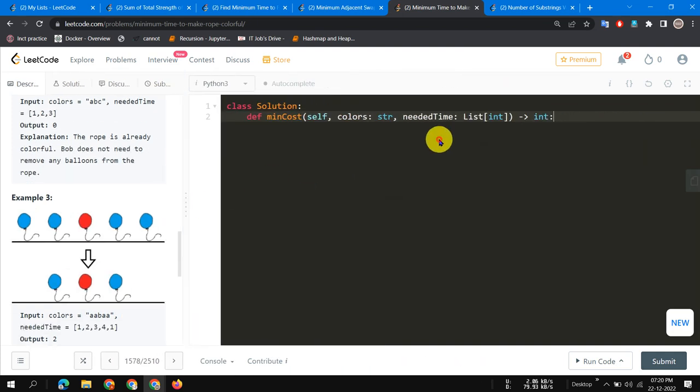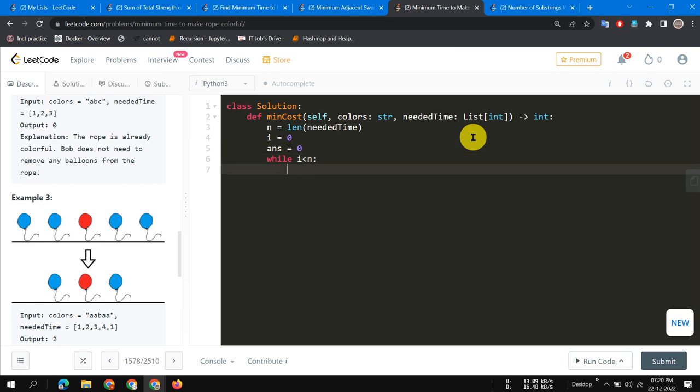So I will be coding in Python, so let's start. I hope that is clear. I have explained you. So first of all, I will make a variable to store the length of needed time, and then i equal to 0, and then I will make a variable answer equal to 0, and while i is less than n, and let's say temporary sum, in order to add all those things, needed time i, and then we also need to keep a variable for maximum values if repetition is started, needed